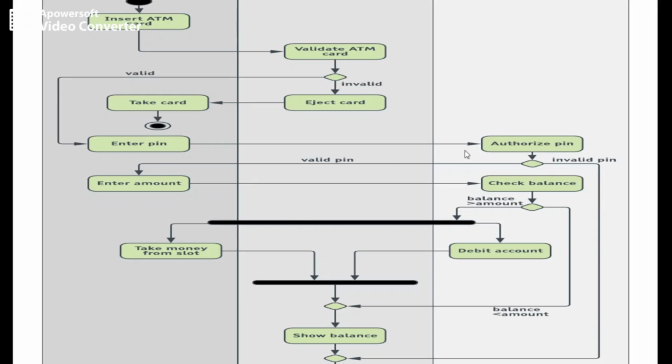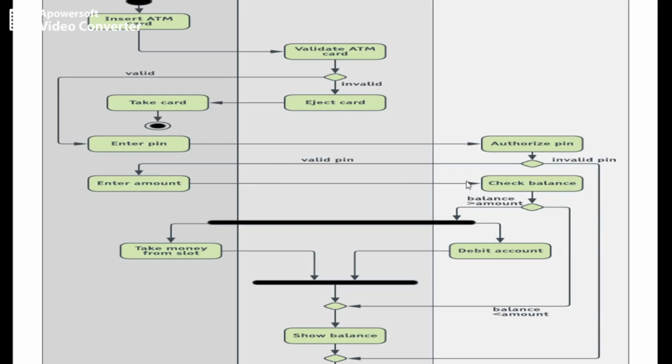Authorized PIN. If it's a valid PIN, then it will ask you to enter the amount. Usually nowadays, first it asks what transaction you want to do, with different options there, like withdrawal from savings. So you enter the amount, how much you want to withdraw.